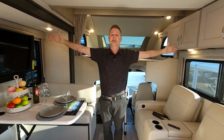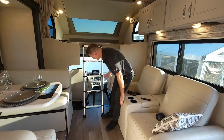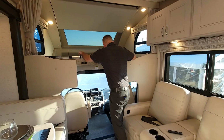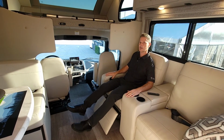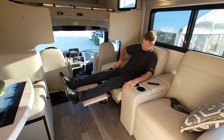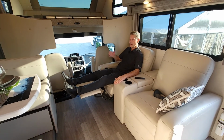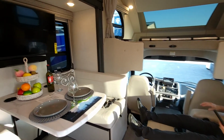Plenty of room to move, to live, or to just sit back and enjoy. I'm gonna move this out of the way. This will just fold up and store in the closet. Watch this. Oh yeah, power theater seats. And to make it even better, there's a USB-A plug right in here, so you can take and charge your device, sit it here. There's a smart TV right over the dinette,